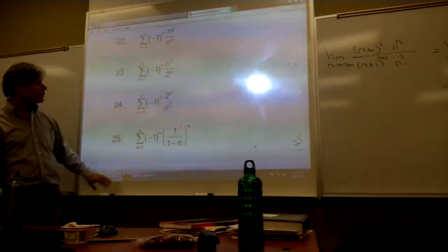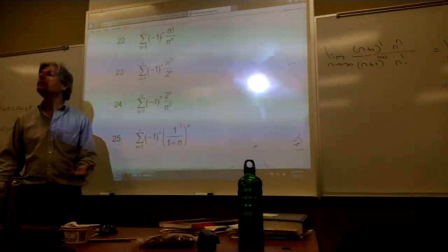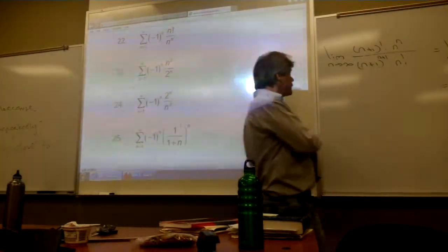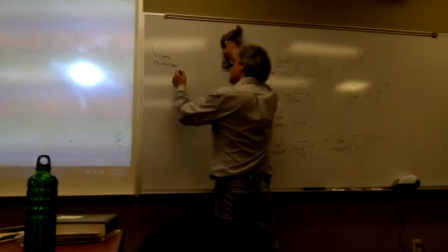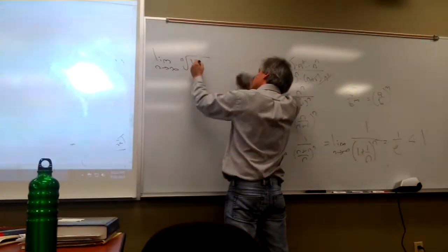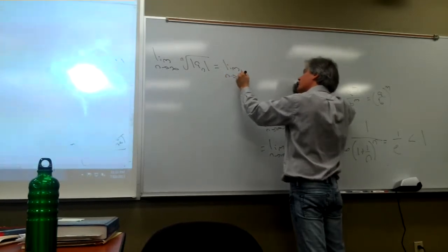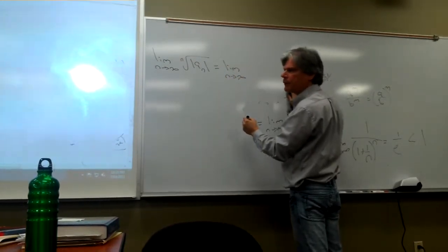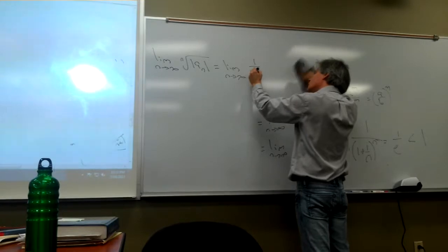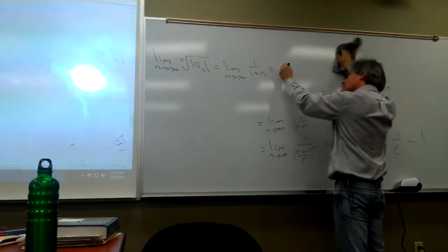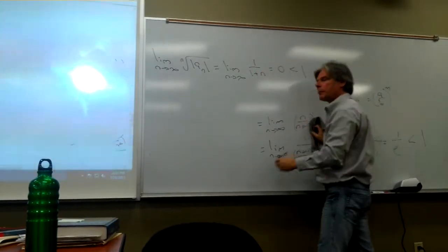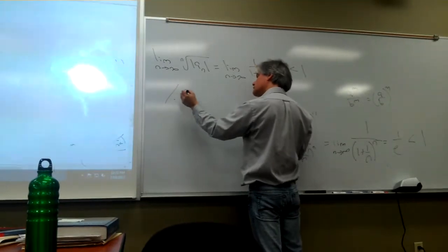The root test allows me to ignore the sign and ignore the nth power. In employing that root test, I will take a peek at the limit of the nth root of the absolute value of a sub n, which is strictly less than 1. Therefore, by the root test,